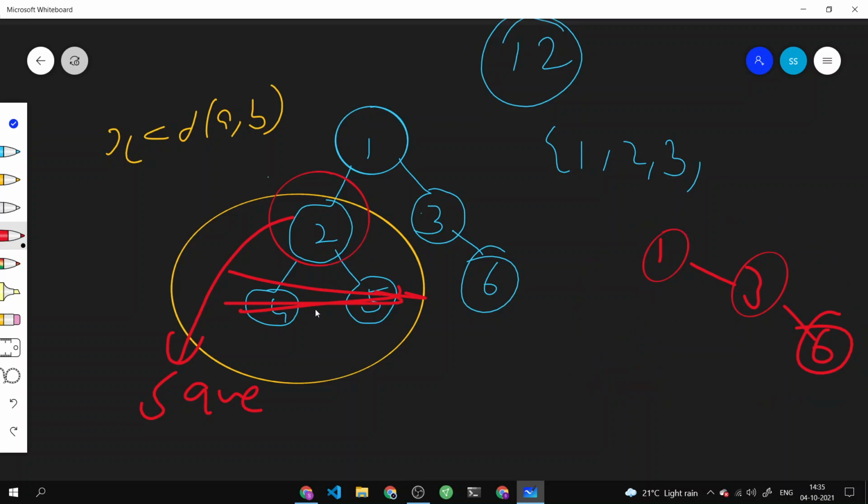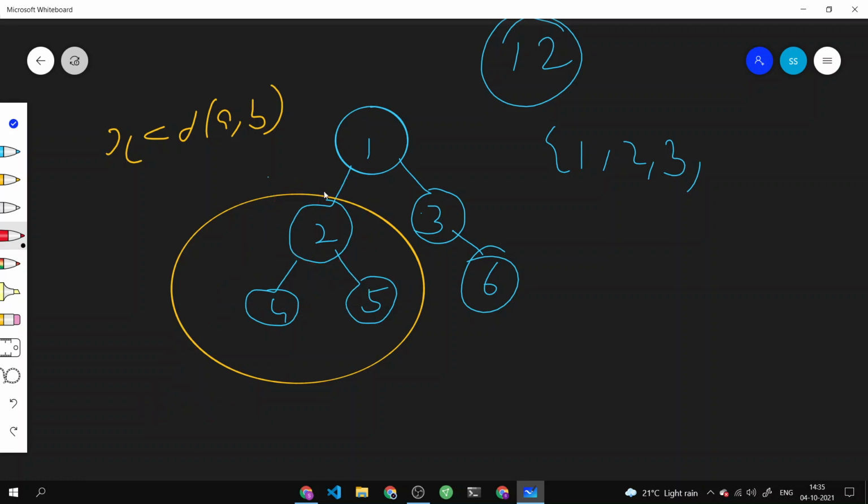You just had to keep on removing a particular connected component, also keeping in mind that you have to save some other component, and you have to keep on doing it until you get the size of the array equal to 2. Actually, not even less than 2, it should be equal to 2 only, and you have to keep on doing this until you get a search space which is equal to 2. And once you get the search space which is equal to 2, you just have to print that answer. So yeah, this was the whole idea.